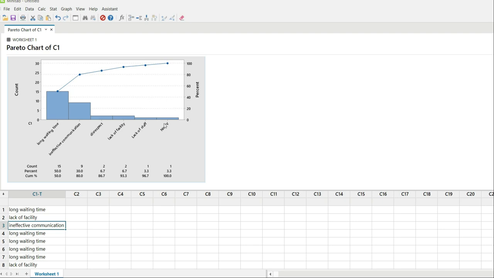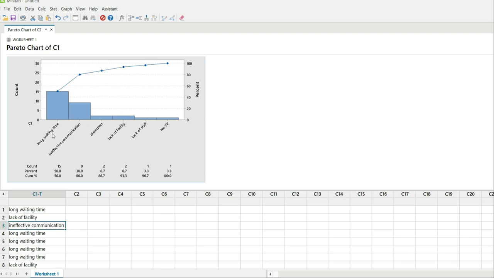Now the next step. Now we got the graph. So what is the next step in analysis? As a data analyst, we need to convert it into information. What is the conclusion from the graph? How to interpret this graph? That is the next step. Okay, now we will see what is the conclusion from this graph.